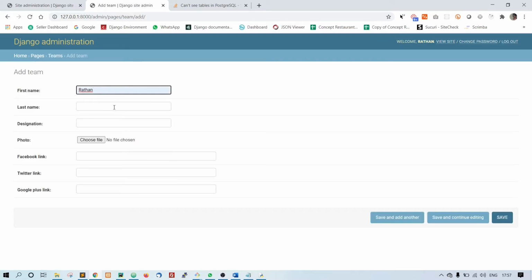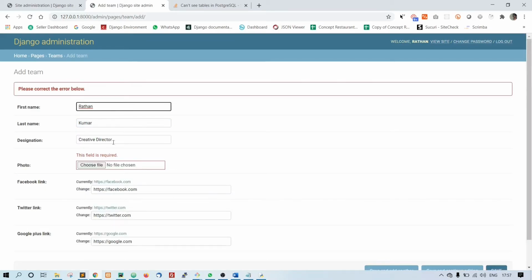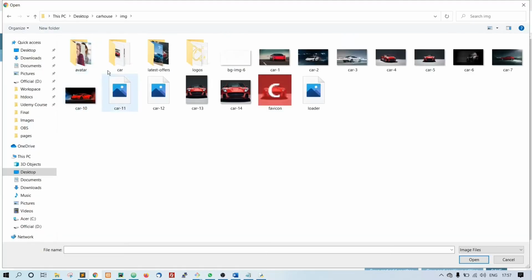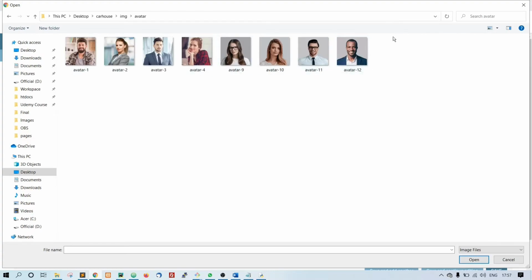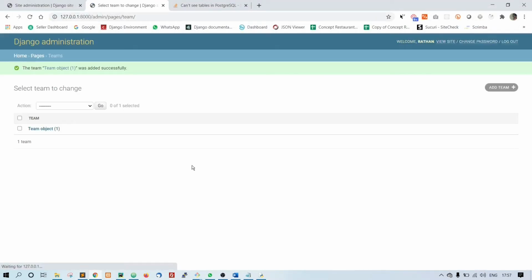Type in Ratan Kumar, creative director, facebook.com, Twitter and Google. When you hit save, please correct the error. Okay, so let's put one photo. Okay, save. Alright, we have saved one object.